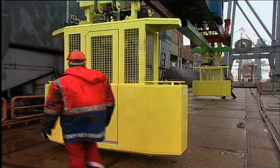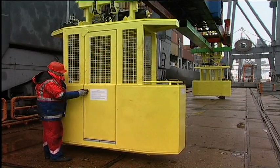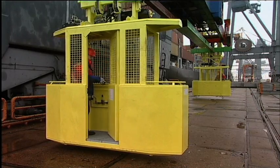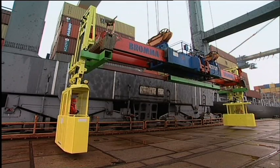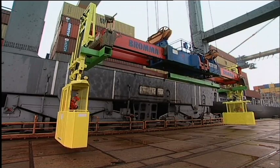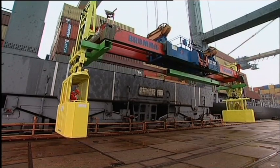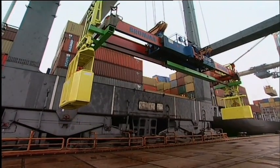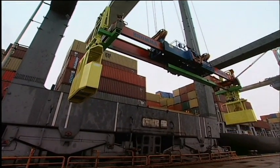The lashers enter the two cages, which are large enough for them to move around in and carry some equipment. At the same time, they are narrow enough to fit inside the gap between containers on virtually all types of ship. The design of the cages and the deflectors attached to them assure that they travel along safely with the